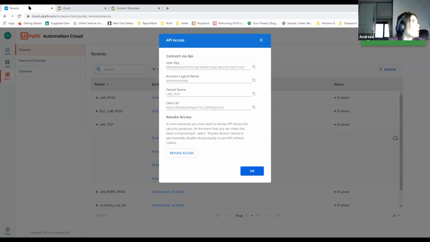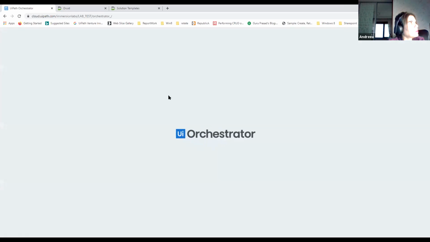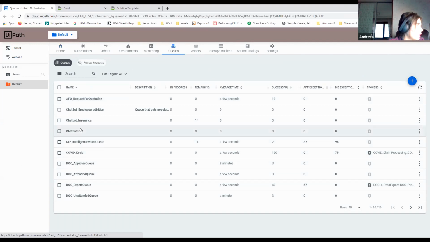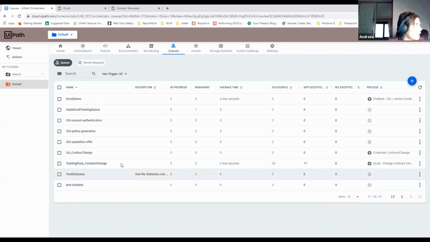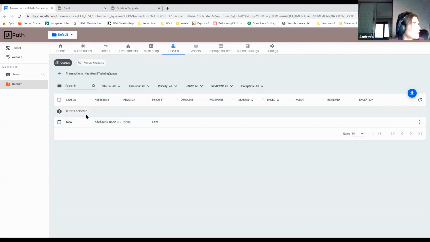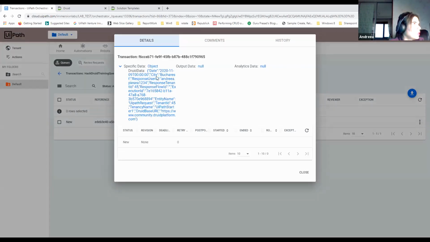And now if I'm going on the orchestrator part, and afterwards I will pass this to Alex. And if I'm going on the queue, I will see that there is one item waiting to be processed. I'm going on the, Alex, I'm not seeing the queue. It's on the next page. Hack Druid. I'm going here and view transactions. And I see that there is one transaction item on the queue containing the date, so next Monday, city, Bucharest,